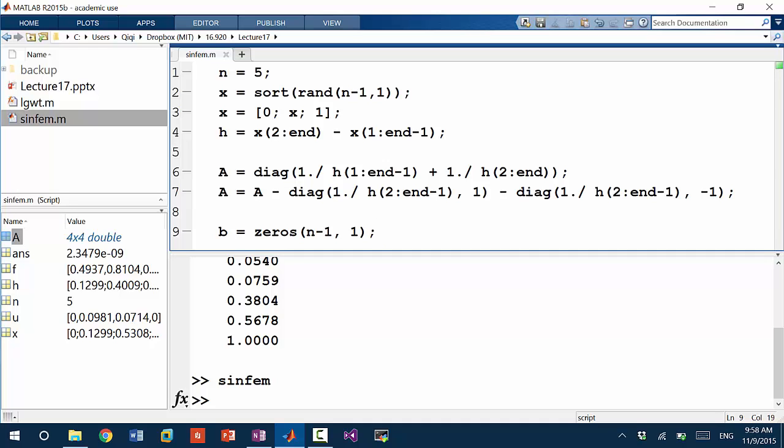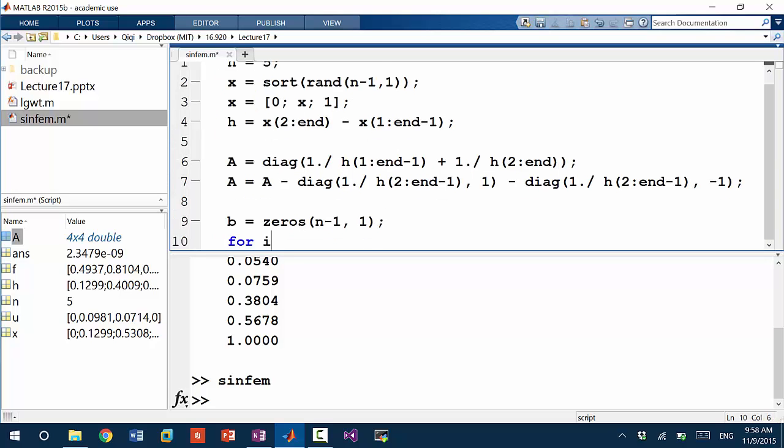And the right hand side is the integral of the basis function multiplied with the right hand side function, which is the sine function, right? The basis functions are piecewise linear functions that go from 0 to 1 and then back to 0. So I'm going to loop i from 1 to n minus 1,